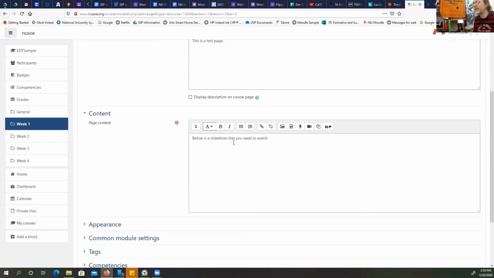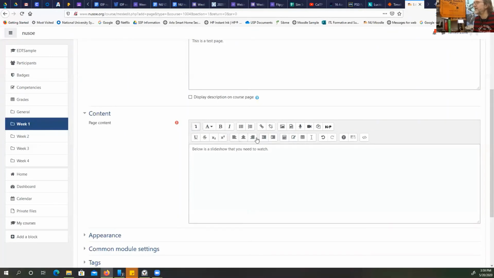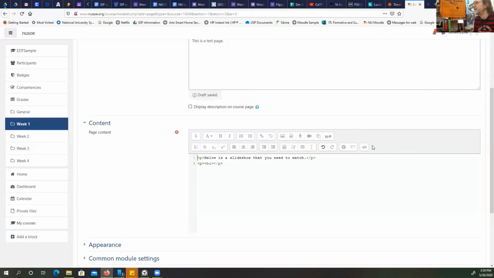But then eventually what I want to do is embed that code. I can't just copy and paste it into here because it'll just show up as a bunch of text. But if I click on this arrow that points down right here, it opens up some more buttons. So now you've got your center button and things like that, and indents and different things. Now this right here, if you've seen that sort of 2 arrows or whatever there, that usually stands for embedding something. So I'm going to go ahead and click on this right here where it says HTML and has those